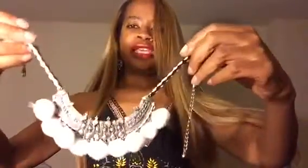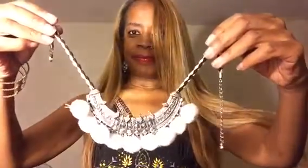Okay, another piece of jewelry here. This is that other necklace that I was telling you about that I had in black from Forever 21. So this is the same necklace in white. Okay, so I wanted to point out that again, my jewelry collection isn't based on what's current at the moment,